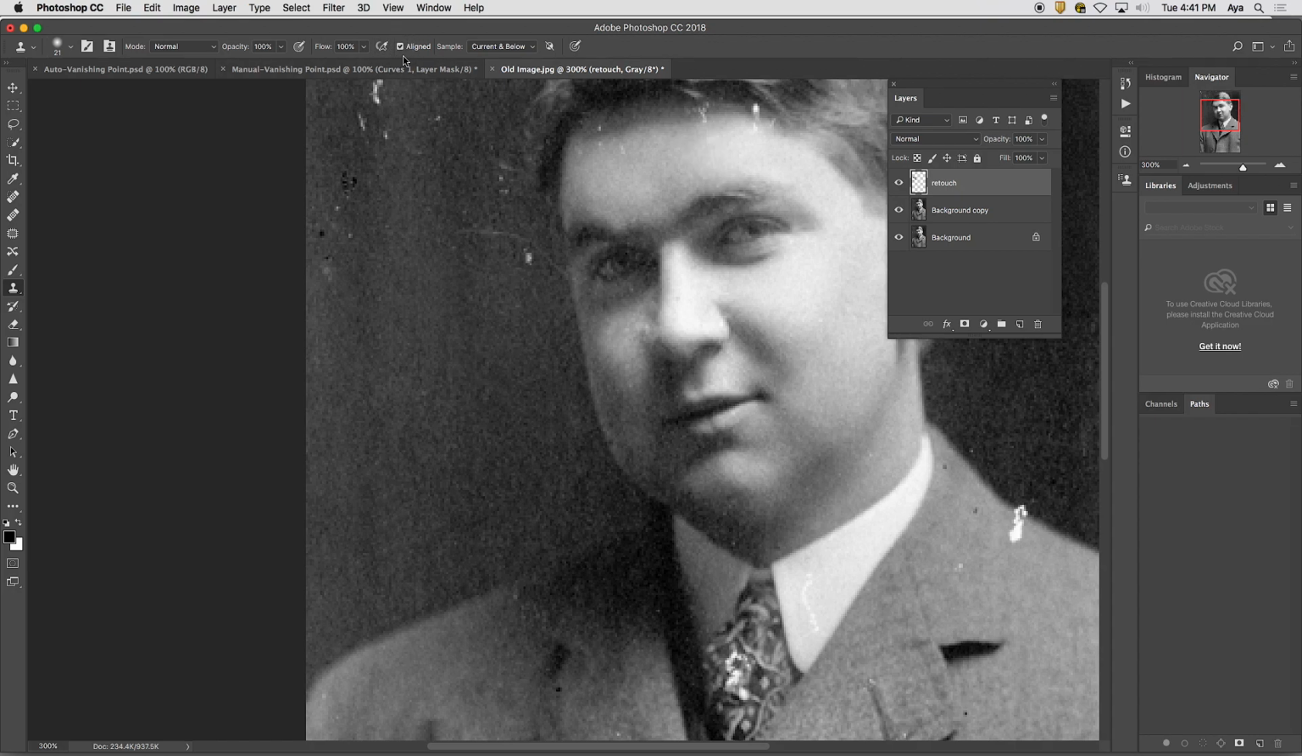So aligned is usually helpful, unless you completely would like to take the information from one place and keep going at it. If the sampled area, I sample from, say, this area, okay? I sample, and if this align is checked,